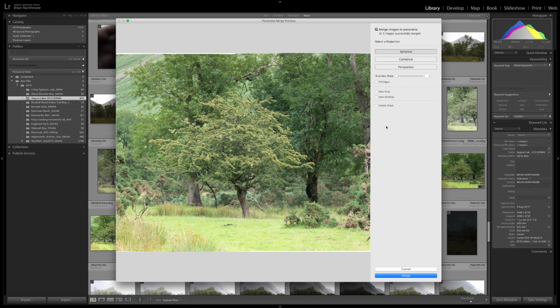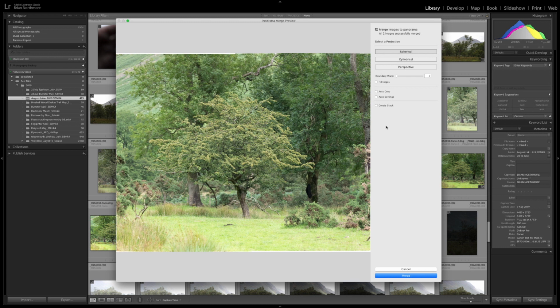So spherical, if you think about a ball or a sphere, that's the shape that it tries to mold your pictures around. So it's best used for sort of like 360-degree panoramas, for example, 360-degree views, where you want to pan up, down, left and right at the same time. So to take your images and wrap them around a sphere,